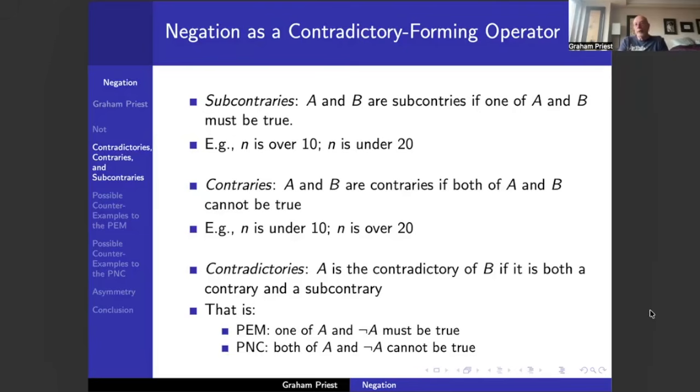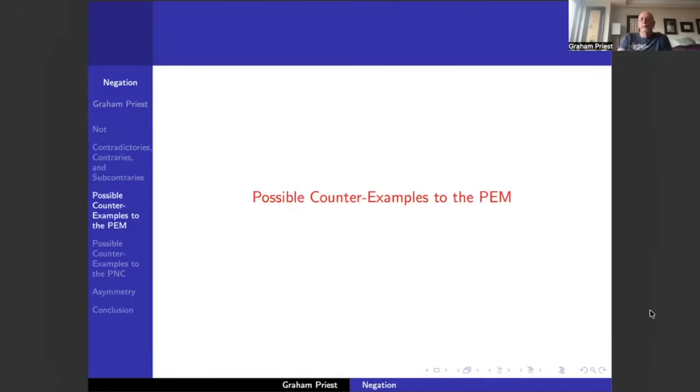All right, so that's Aristotle's account, and it's been pretty standard in the history of Western logic. But it's certainly contentious, and what we're going to do now is look at some examples as to why you might doubt it. So let's deal with some possible counterexamples to excluded middle first. Here's the first one. I'll give you three of each. All right, here's the first one concerning excluded middle.